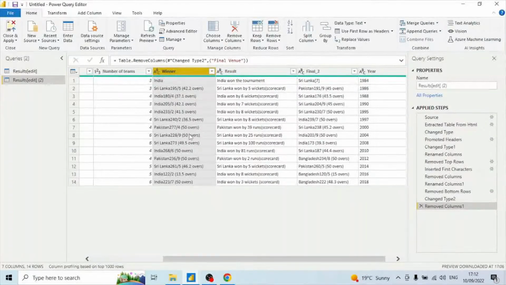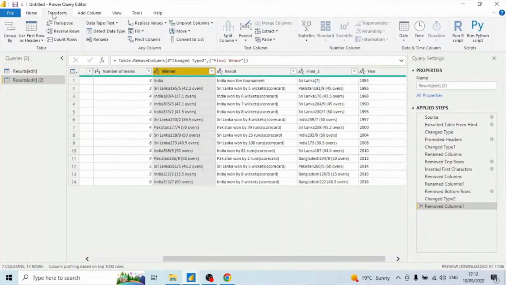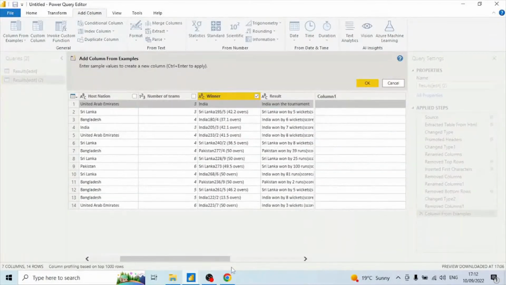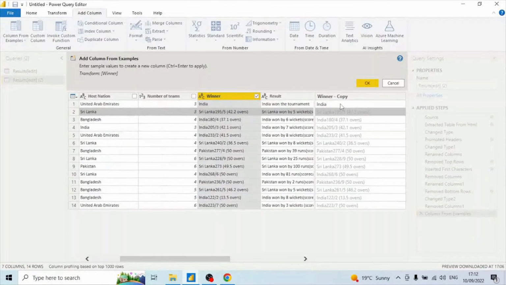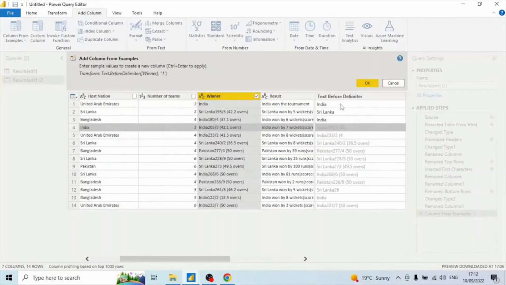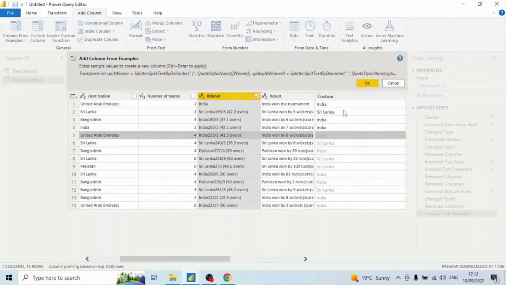Yes, winner. We need this column, and this column is again not clean. We only need the names of the countries who have won the Asia Cup. So what I'll do again, I'll say Add Column from Selection, and I will now teach my model what I need. I need only India. Now let's see whether it's giving correct suggestions. No. So I'll say Sri Lanka, hit enter. Again, give it one more time, India, again India. Yeah, now it's giving us all the correct